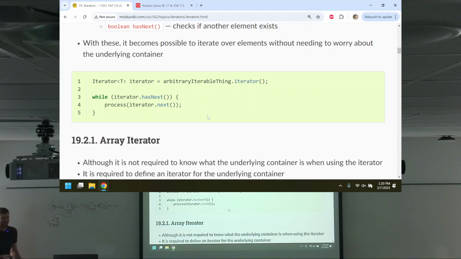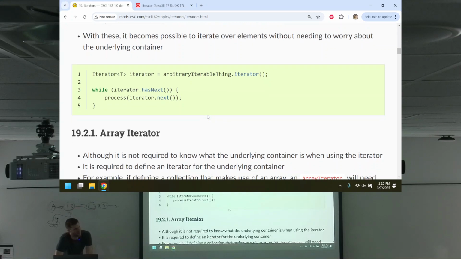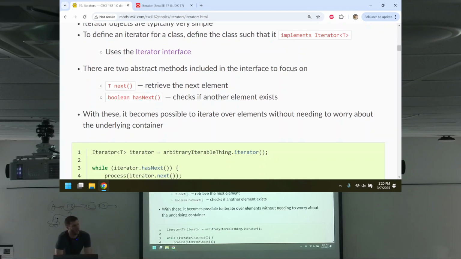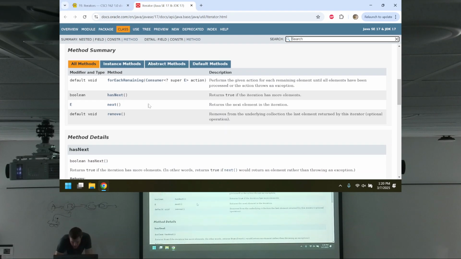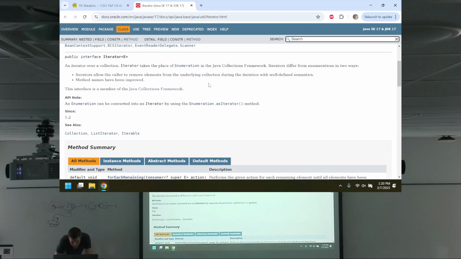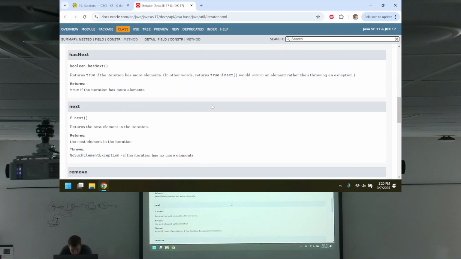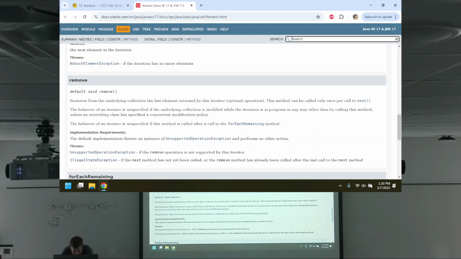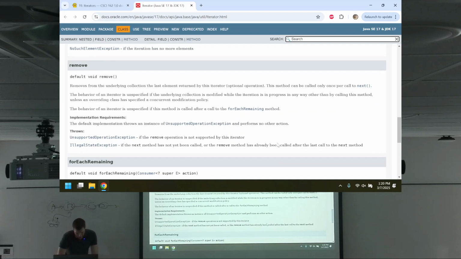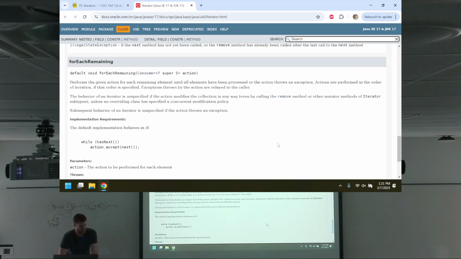Yeah? I'm going to ask, if the implementation for Iterator has other functions than those two, then how come you don't have to implement them? I'm guessing maybe there are concrete ones that you'd override or something. I'm not 100% sure, I don't know offhand. I mean, they have the keyword default. What does default mean? Maybe it tells us something here. hasNext, next, remove implementation. So it's got some implementation that you can override, I guess, where it just says, I don't do anything. Let's not worry too much about it.